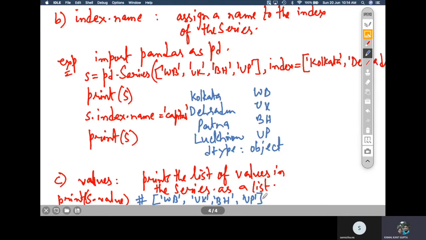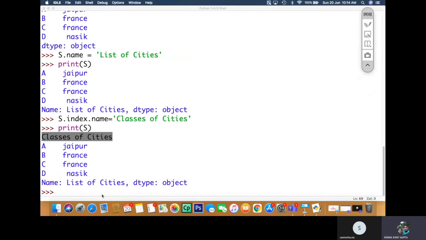So if you want to convert a series into a list, you can always use the values attribute to access it. That means if you want to iterate through the elements of a series, you can simply iterate using values also. You can just make use of the values attribute. Values, mind it, it is VALUES, not value. That is very, very important. Now let us just see executing that.